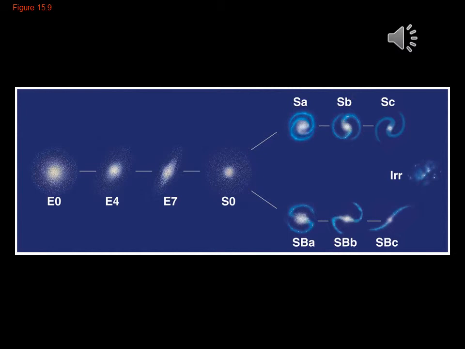The dwarf galaxies that orbit a galaxy like Andromeda may be kind of small, but the rest come at fairly similar sizes. From the E0 that's fairly large, like the one we've seen two slides previously, to the spirals, the SA spirals,